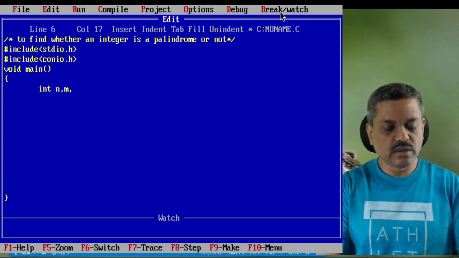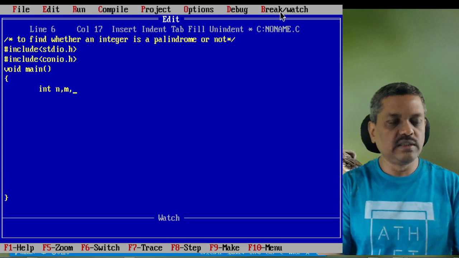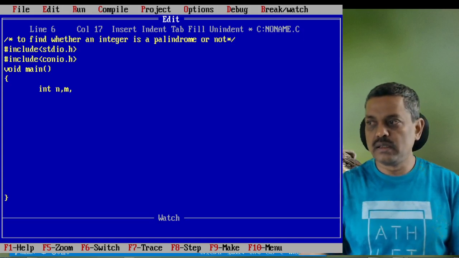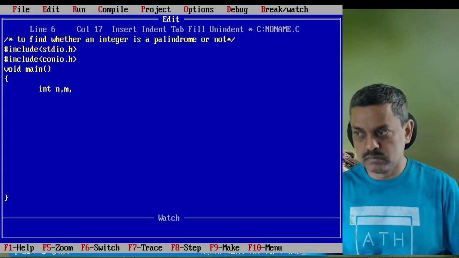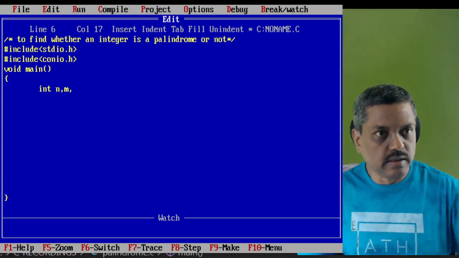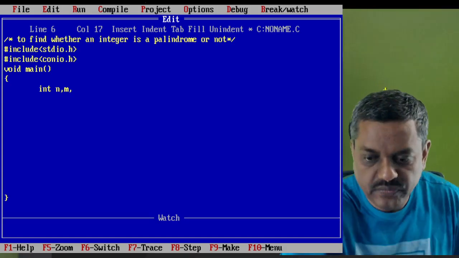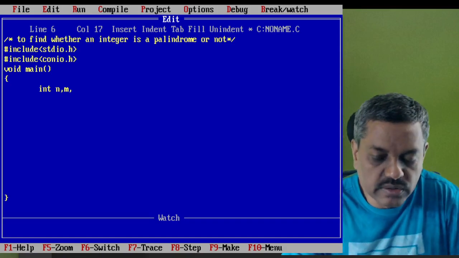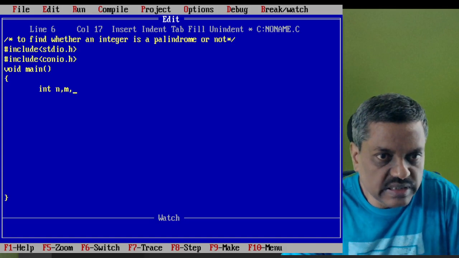So if I enter, say, 123 as the number, I need to reverse it. So how to reverse it? That's an important aspect. We need another two variables to store the digit extracted.